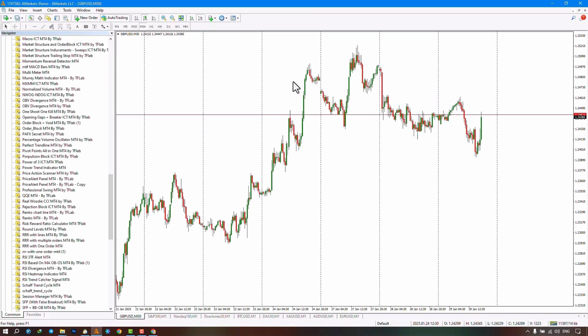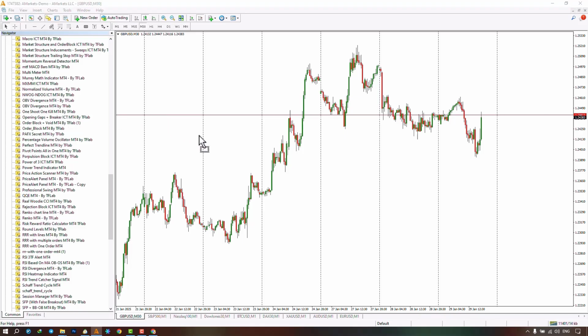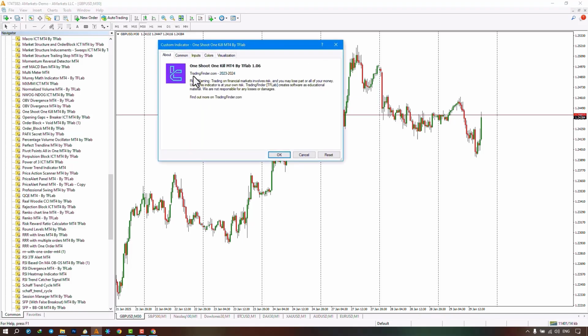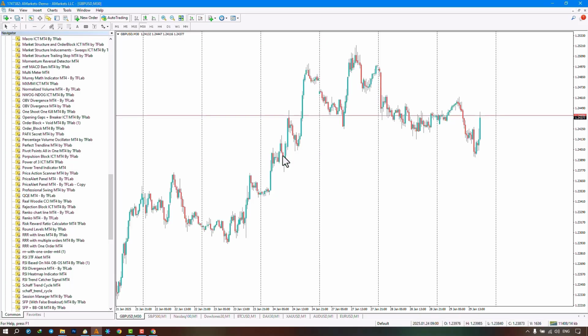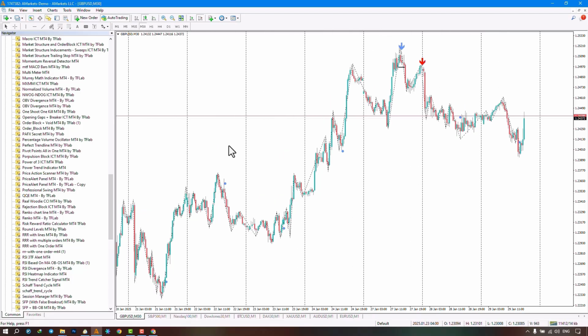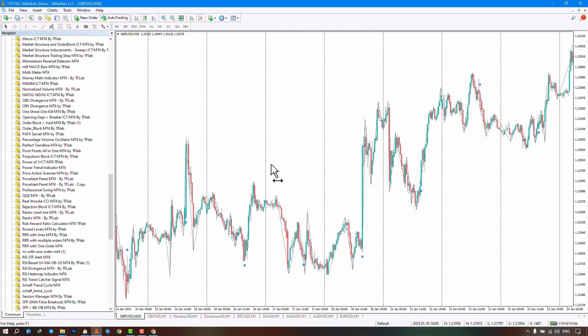From the Navigator section, we select the indicator file, and by dragging the file onto the chart, we execute the indicator. Just make sure to enable the Allow DLL Imports option from the command section, and then click on Confirm. Once the indicator is placed on the chart, it begins to search and send buy and sell signals on the